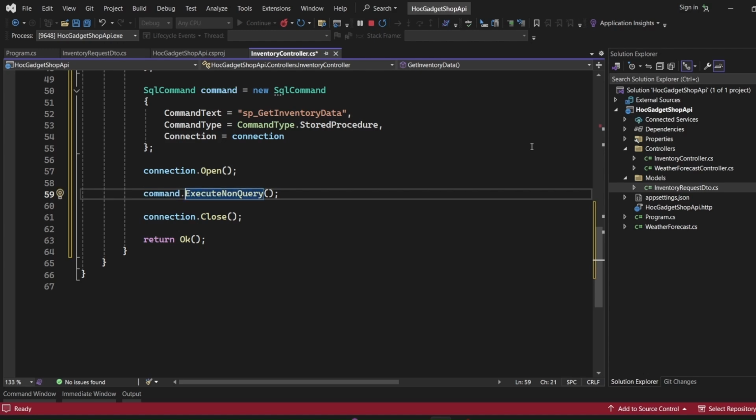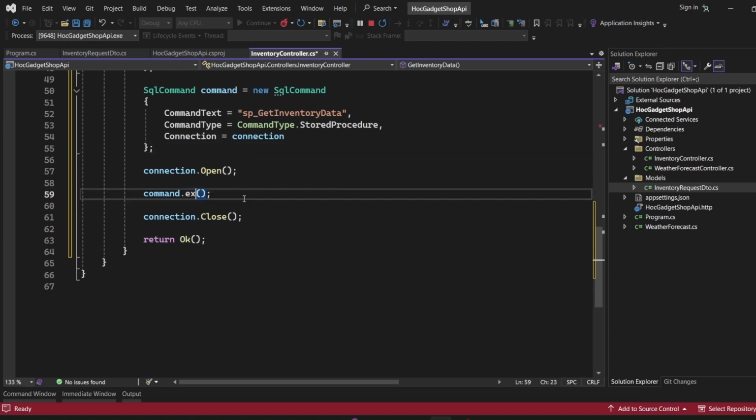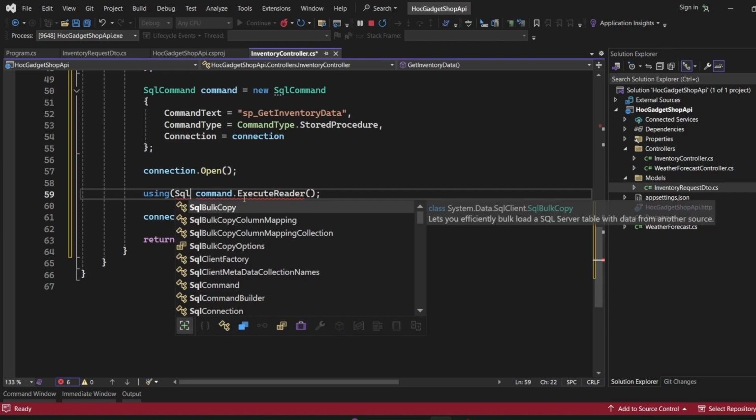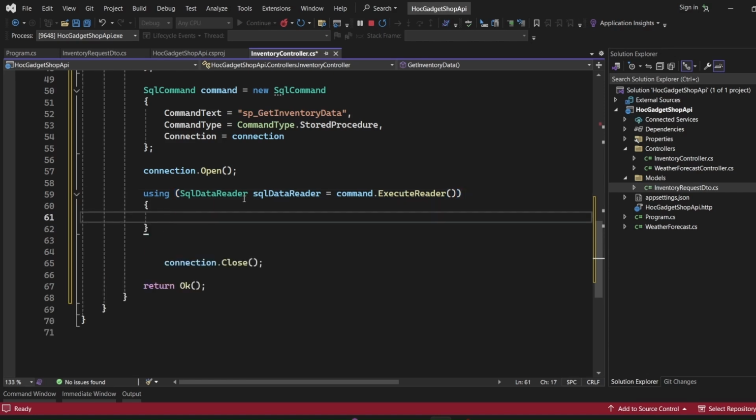Now what we are trying to do is run the command that is going to be execute reader command, and what we can do is have a SQL data reader, give it a name, and using this SQL data reader we will be creating an object.